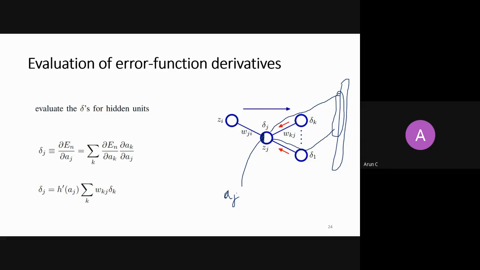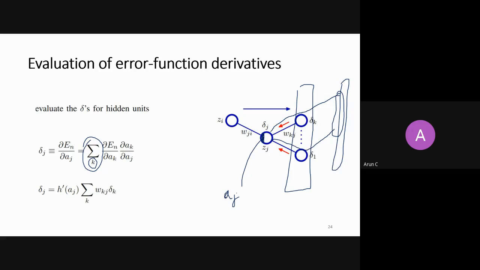So in back propagation, I need to sum the contribution from all those paths in the backward direction. This is what the summation shows. If there are k nodes in the next layer, I need to sum over k paths, because there will be k paths available to traverse aj